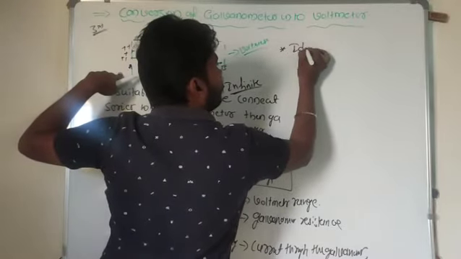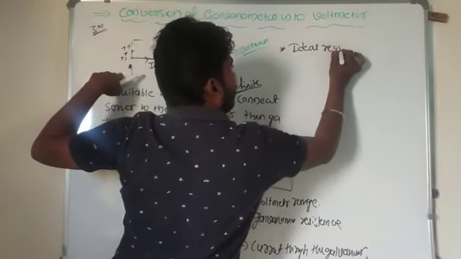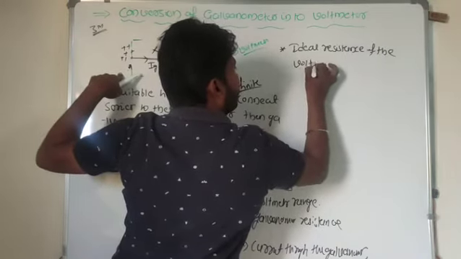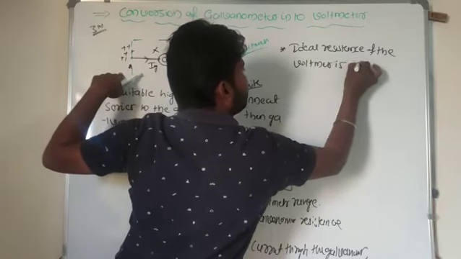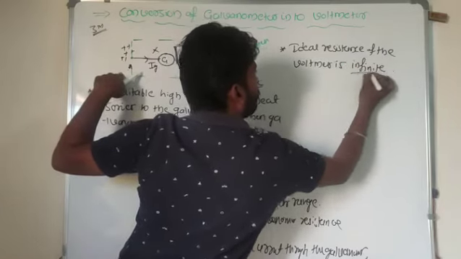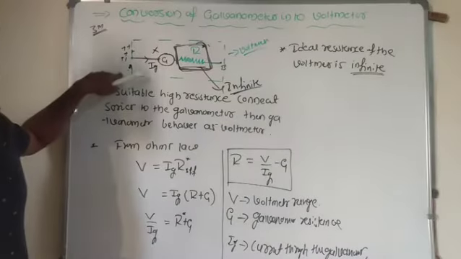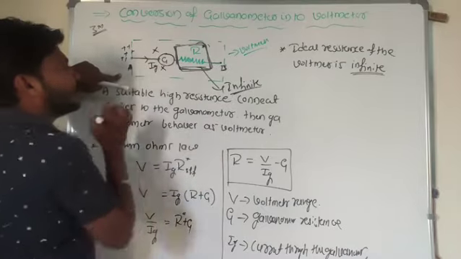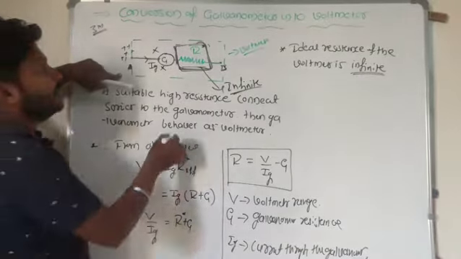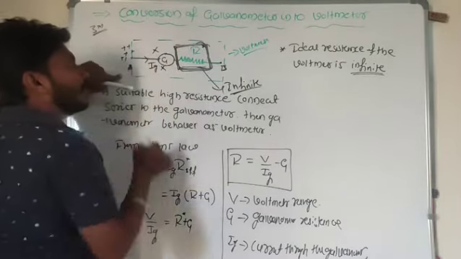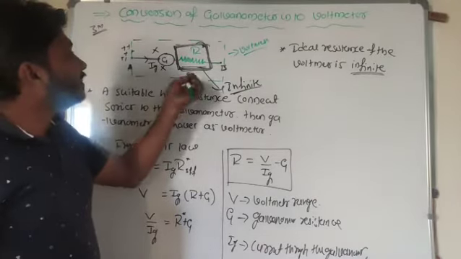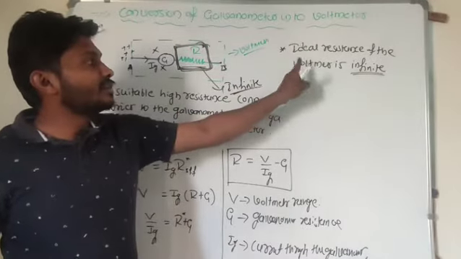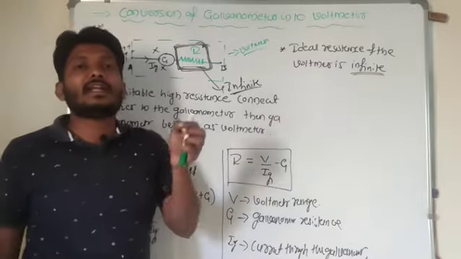Then what is the answer here? Ideal resistance of the voltmeter is infinite. Why should I take that ideal resistance of the voltmeter is infinite? Because between A and B current should not flow. If the current is not flowing, what should be the maximum possible resistance value? If I connect infinite resistance, then current will not pass here. So I can take that ideal resistance of the voltmeter is infinite, whereas ideal resistance of the ammeter